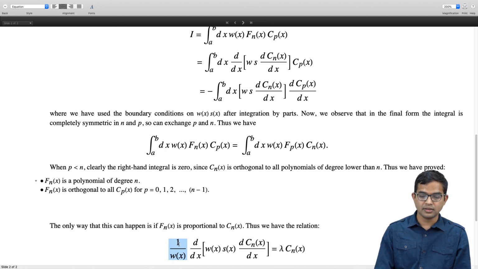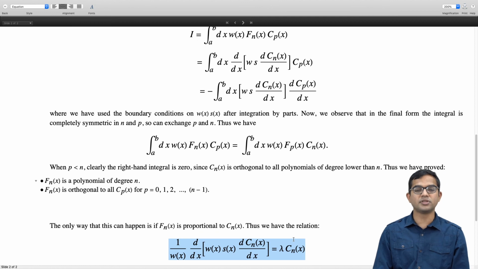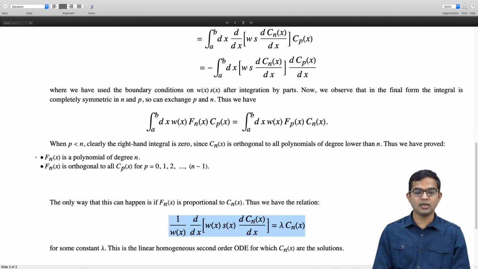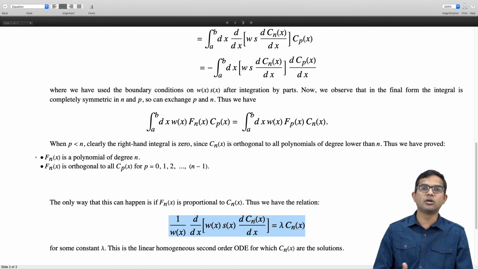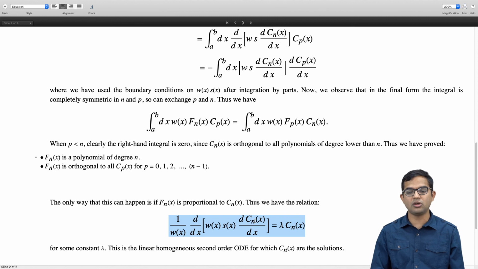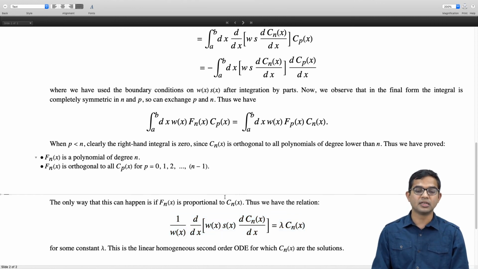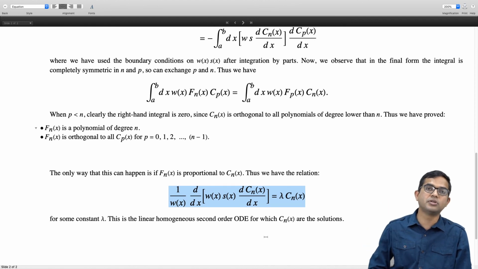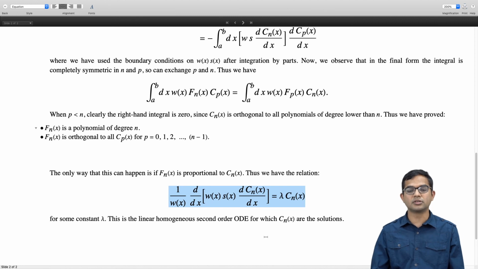So in fact, this is the differential equation that we were looking for, right? This is a linear second order homogeneous ordinary differential equation which, if solved, will actually recover for us the solutions that we started with, right? Often, like we said at the beginning, this is the starting point. We start with a differential equation of this kind, and then we try to find a power series solution for such a differential equation, and then we discover these polynomials.